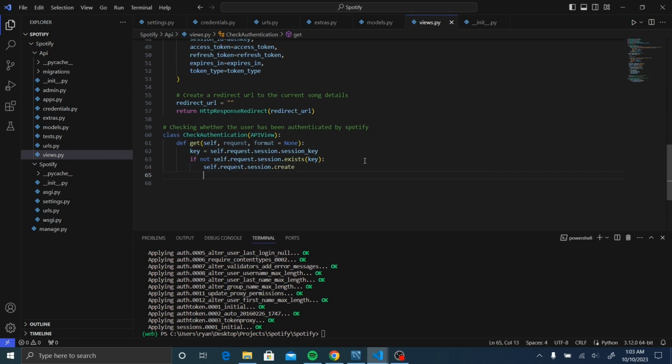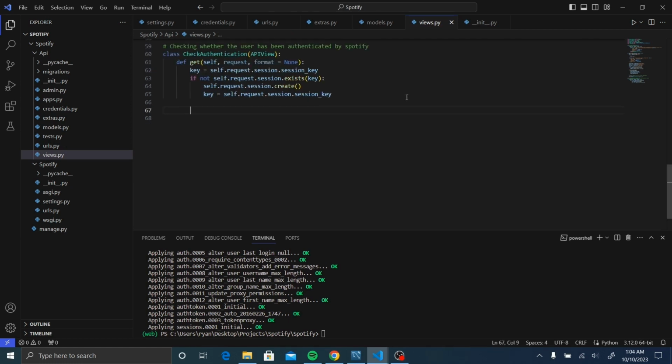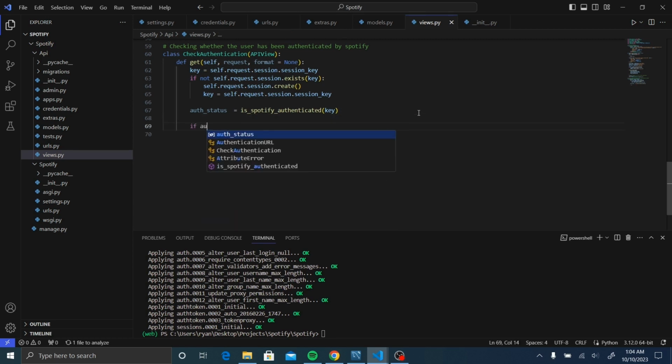We create a new session and then we get the session key. So now with this, let's get the authentication status. Spotify authenticated with this key, the session key. And then with this, if the status is false,